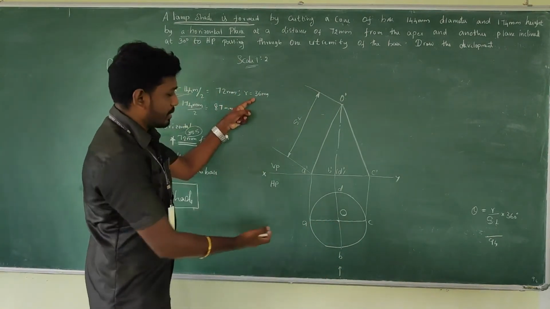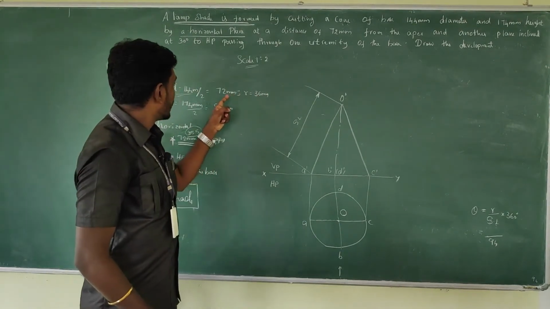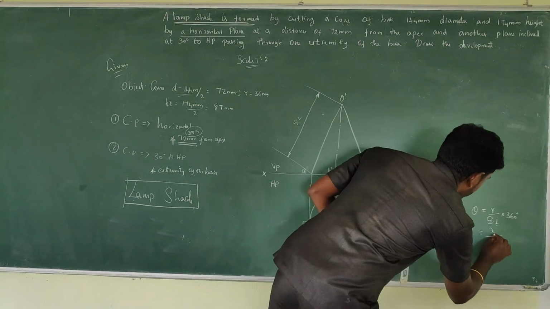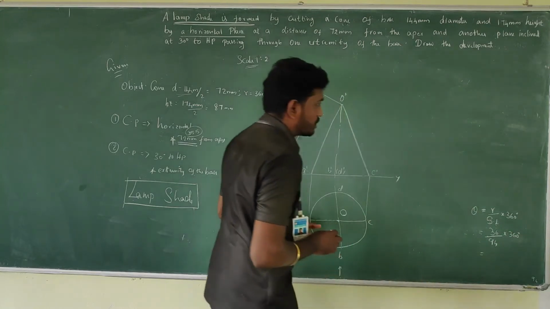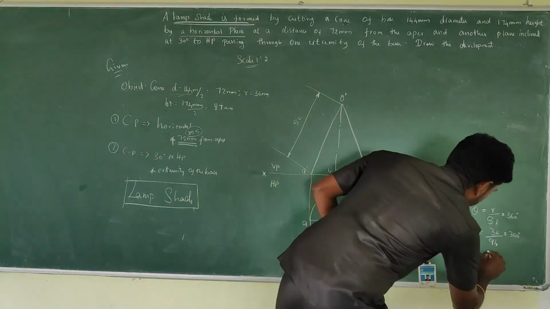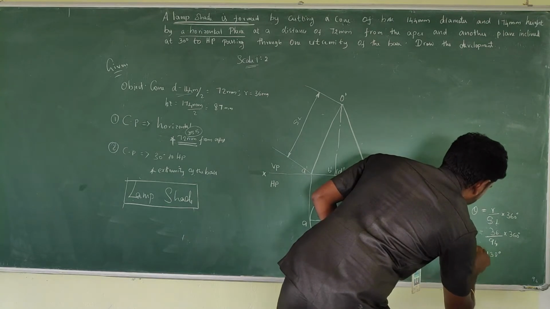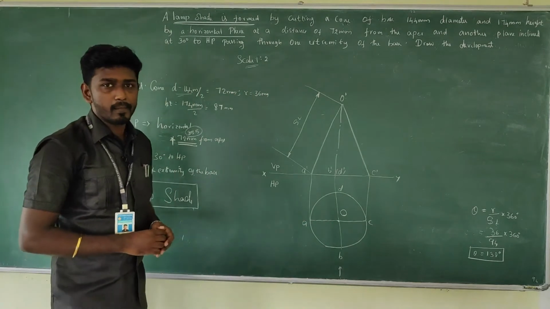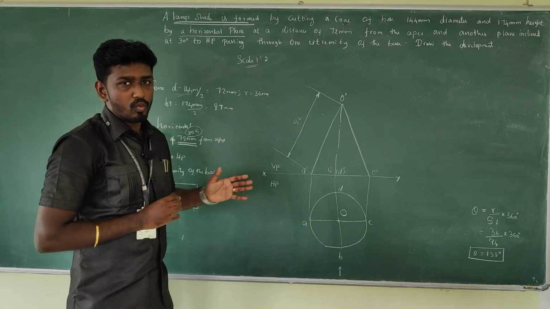And radius of the circle, base circle, is how much? 30. Sorry, radius of the circle is 36. So put 36 into 360 degree. Do the measurement. I can say you will get 138 degree. Closer to 138 degree, you will get the angle. Then after having the calculation, what we have to do?